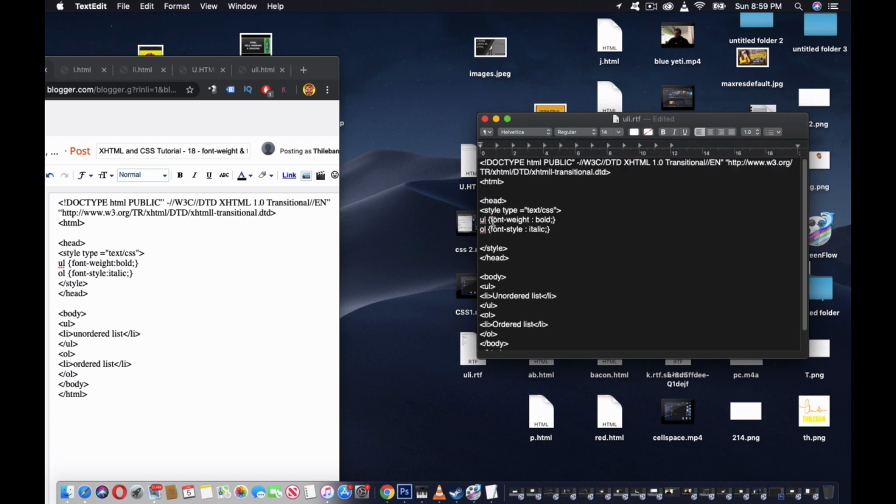Our main purpose is to find what the font weight and font style are. That's what this video is about. Font weight is basically when you want to change it to bold, and font style is when you want to make it italic or some other style. You write this below style. The pattern is that whatever you want to change should come first. I want to change the font weight of the unordered list, so I put UL here, and then font-weight and bold. And I want to change the style of the ordered list, so I put OL and then I change the style. Now I put f.html